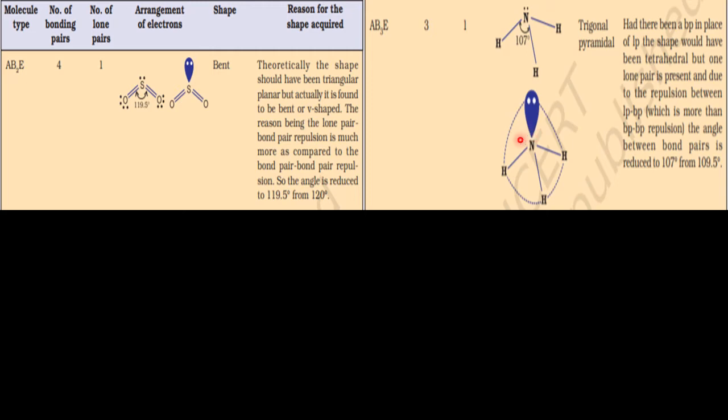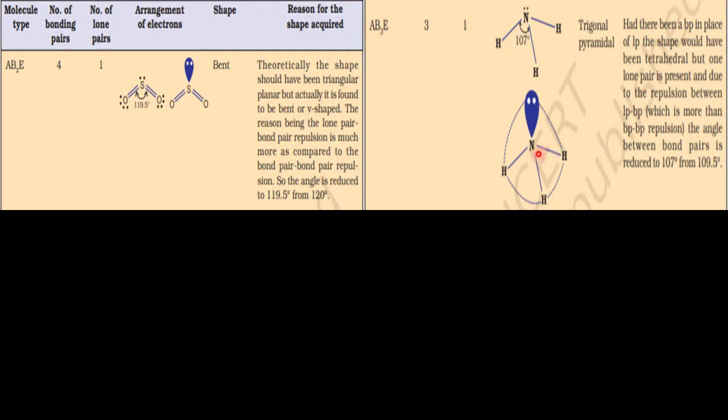It looks like a tetrahedral actually, because we have seen in the 10th class the structure of methane, which is a tetrahedral. Why is the methane structure taken as tetrahedral? Because it is a perfect structure where there are no lone pairs. But in ammonia, after 3 hydrogens, one lone pair is there, so this is causing a problem. It wants to be tetrahedral, but due to this one lone pair, the bond pairs are pushed slightly to this side, making the bond angle go from 109 to 107. So this is happy with triangular pyramidal, but not the tetrahedral.